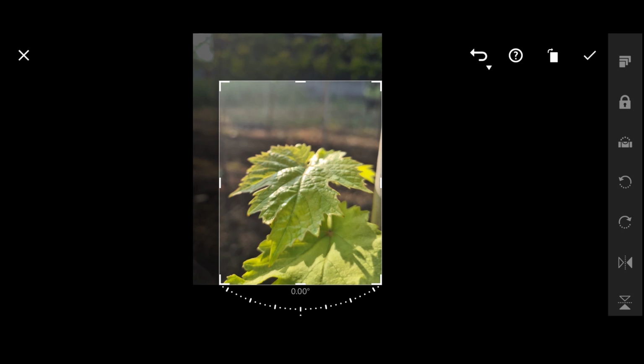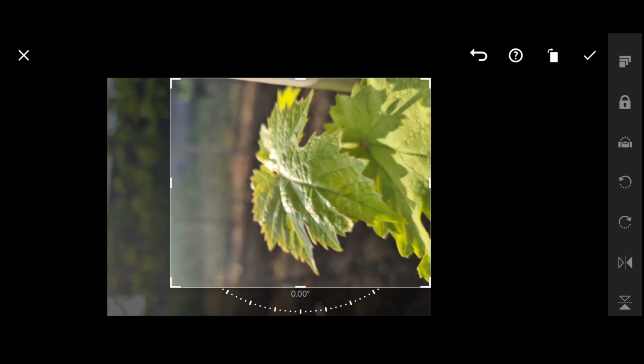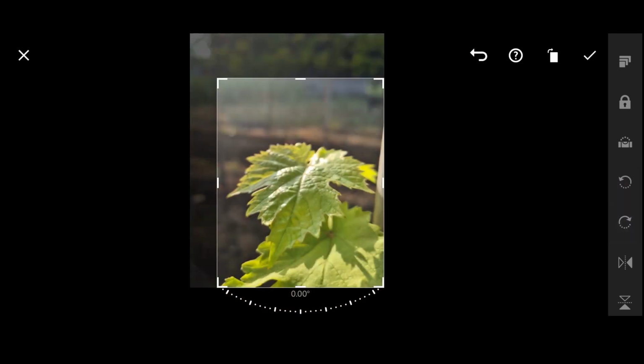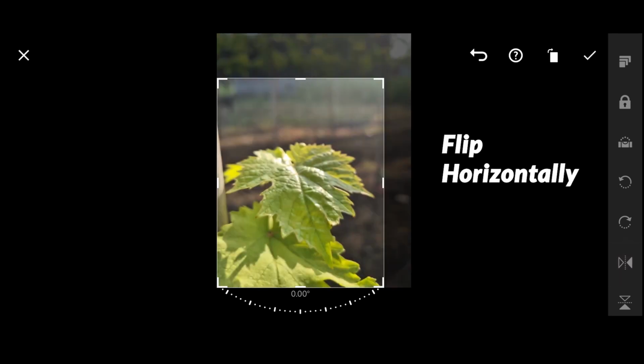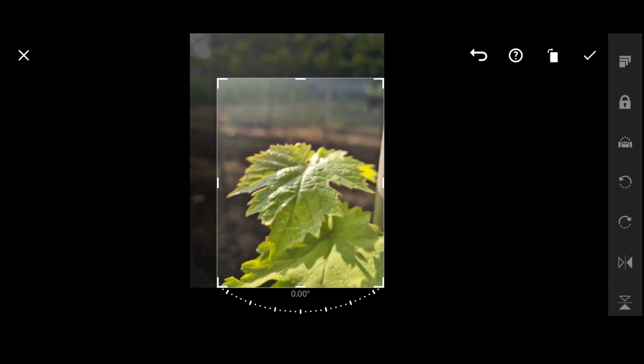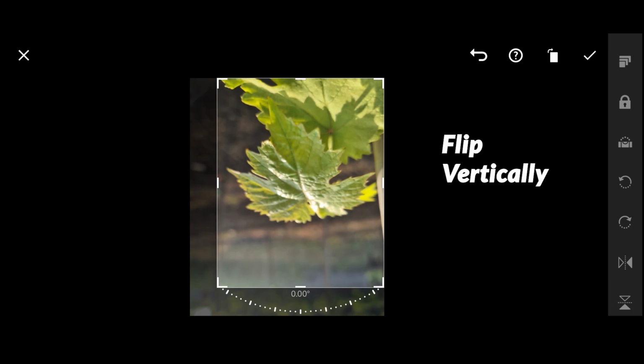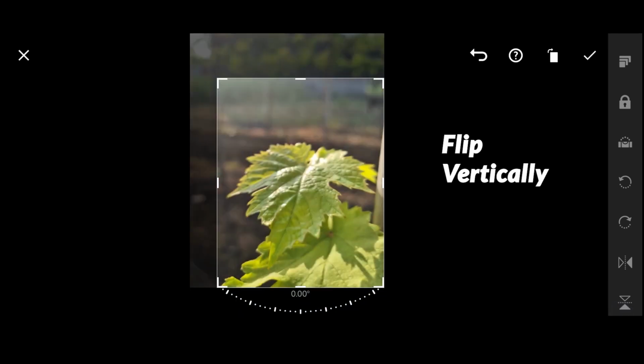The next two options are to rotate the image by 90° clockwise and anti-clockwise. Those are pretty simple to understand. And the last two options are the flip options. First one is to flip the image horizontally. Basically you can mirror the image, and the second one is to flip the image vertically. Now I'll just hit OK here and apply the settings to get out of this tab.